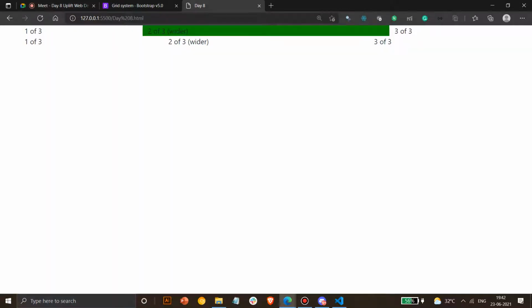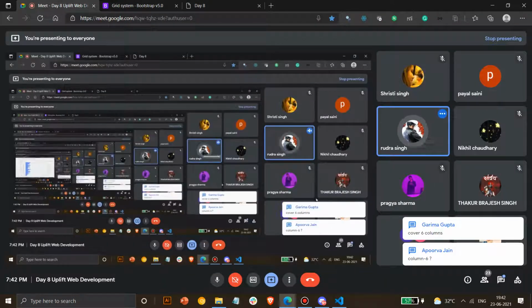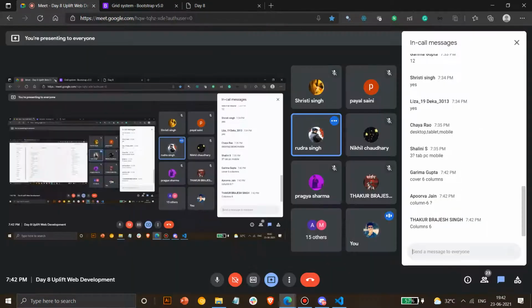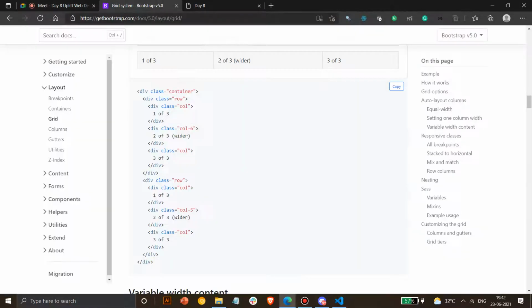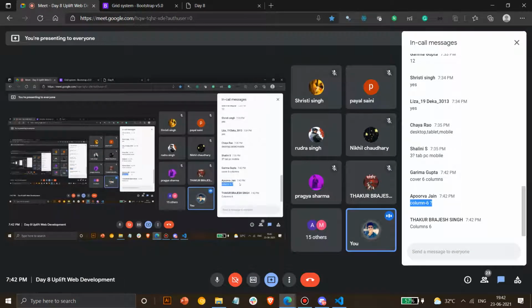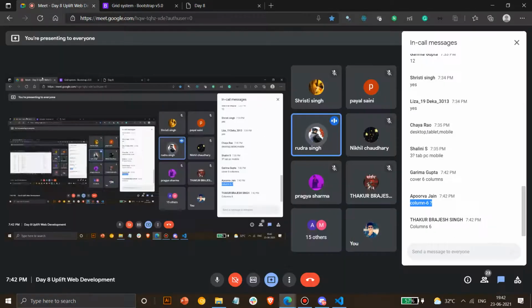See, guys, you have to interact more because after this session, there will be a JavaScript session, so it will be more important. If you don't interact, we can't understand what you are understanding or not. Yeah, that's column 6, it occupies 6 spaces. That's correct. It uses 6 columns covered. Yes, that's correct. Just try. We'll rectify if you are wrong. Even if you are making a try, that's more than enough.